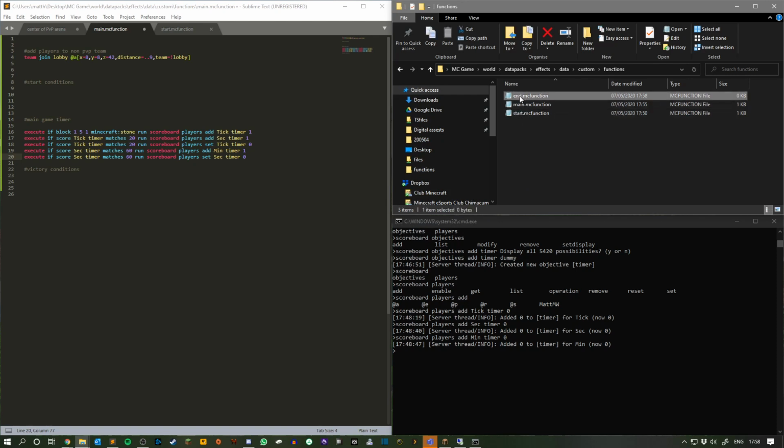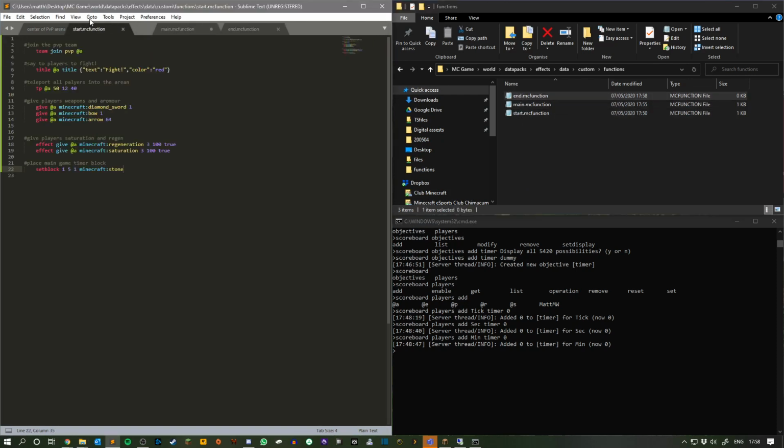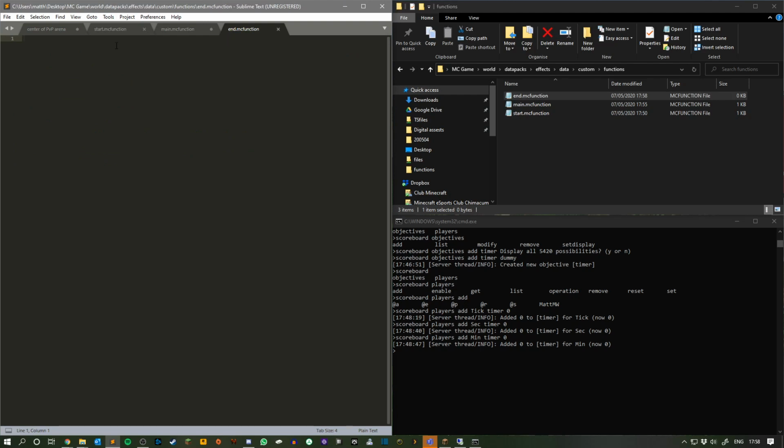And in our end function, we're going to have a comment, stop the main game timer, and we want setblock 151 Minecraft air. Okay, so at the end of the game, when it gets to the end, we will run this command,